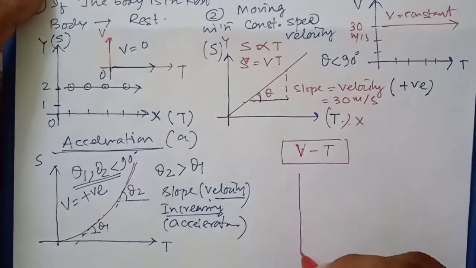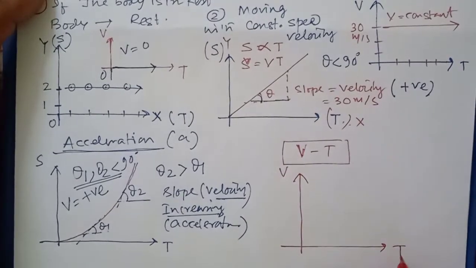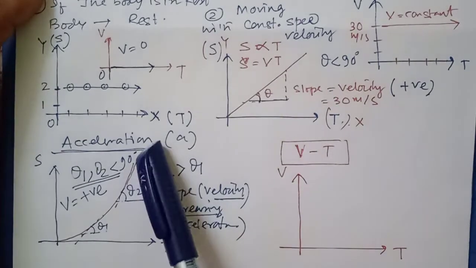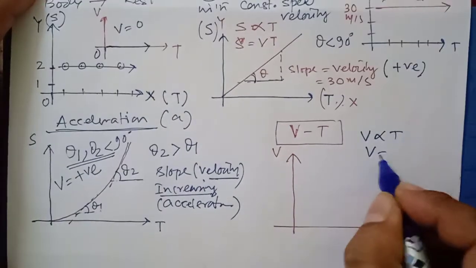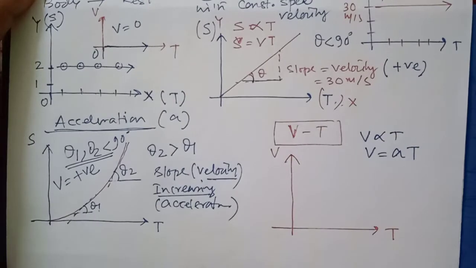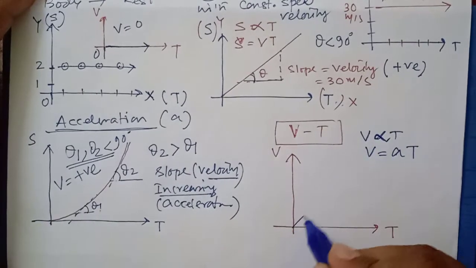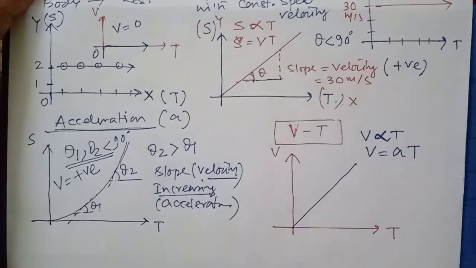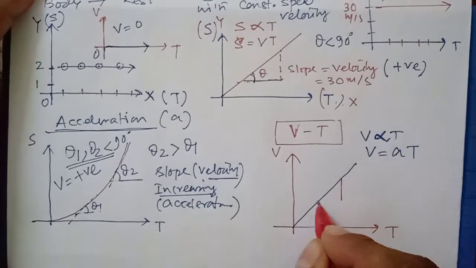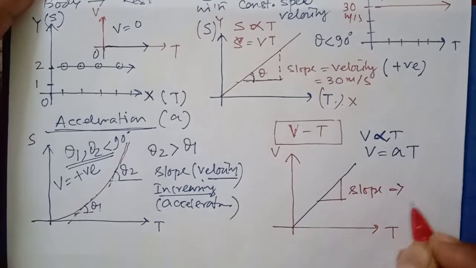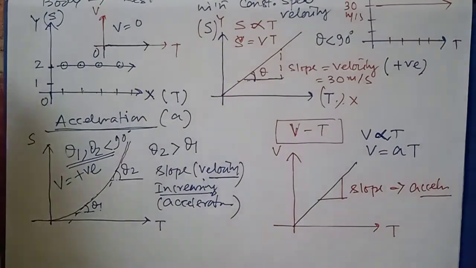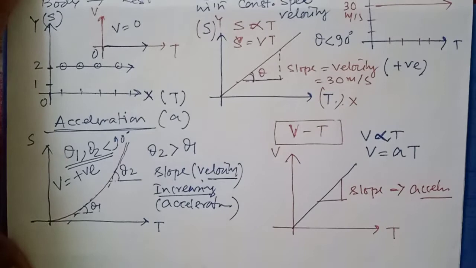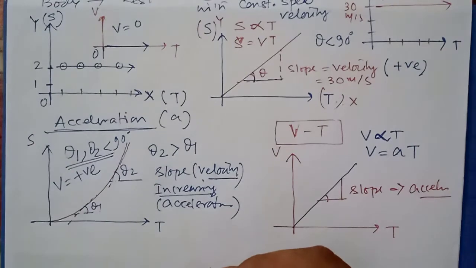Okay. So you can draw, this is velocity, this is time. Okay. So is this an accelerated graph? Yes. Acceleration graph means velocity is directly proportional to time. V equal to A into T. A is called acceleration. So direct proportion graph, a straight line passing through the origin. So you can draw like this. If you draw the slope, it gives you acceleration. So this is acceleration, and you can see this acute angle, so acceleration is positive. Okay, is it okay, students?